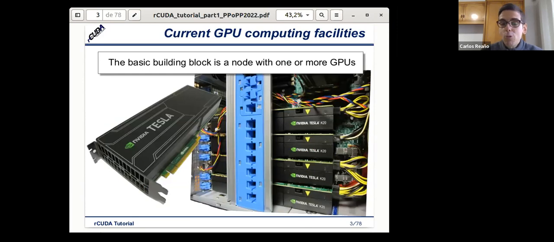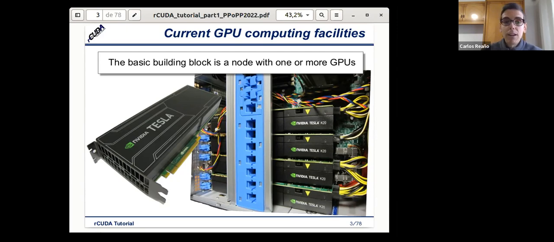So usually what we have is a node, a server with one or more GPUs. In this case, we can see here in the slide a server with 4 GPUs. This is what we can call the basic building block in a high performance computing cluster.